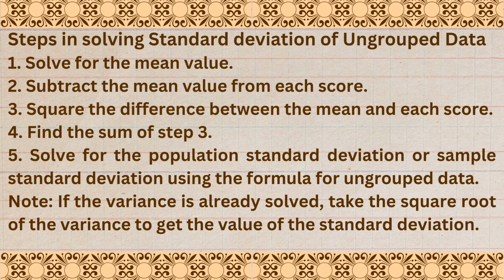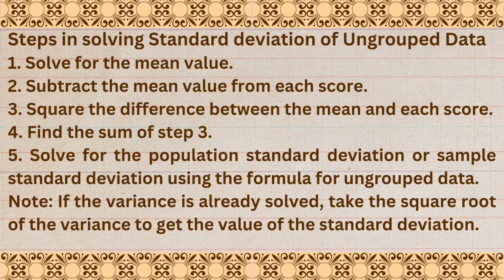Steps in solving standard deviation for ungrouped data. Number 1, solve for the mean value. Number 2, subtract the mean value from each score. Number 3, square the difference between the mean and each score. Number 4, find the sum of step 3. Number 5, solve for the population standard deviation or sample standard deviation using the formula for ungrouped data. Note, if the variance is already solved, take the square root of the variance to get the value of the